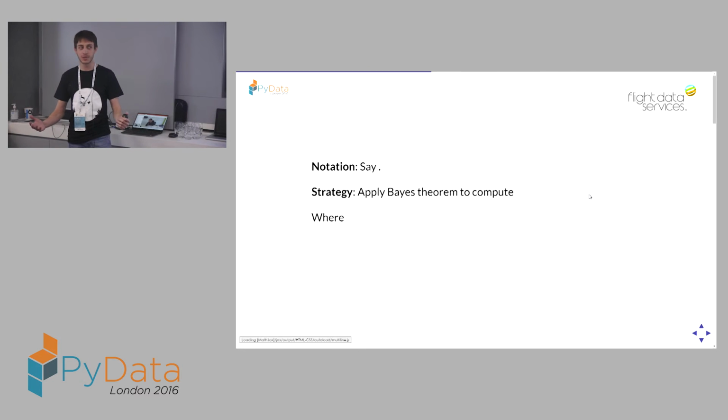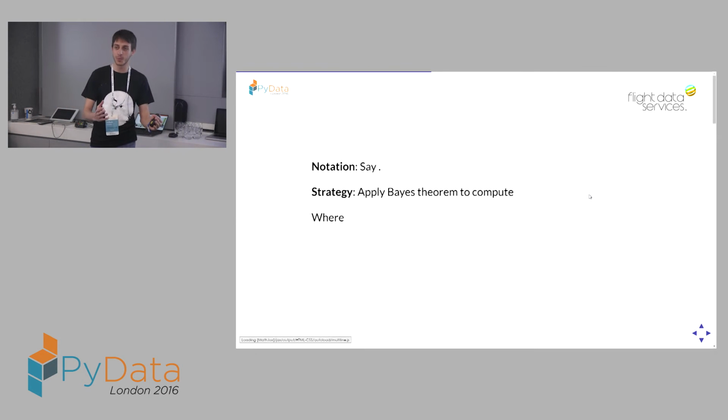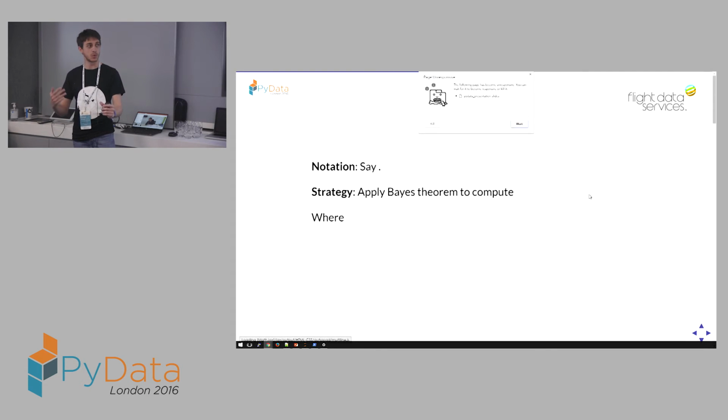We apply Bayes' theorem to compute the posterior probability of our parameters given the data. Now, I don't have the formula here, but if you just have in mind that we have a certain probability of a number of parameters given the data, by Bayes' theorem, that is equal to